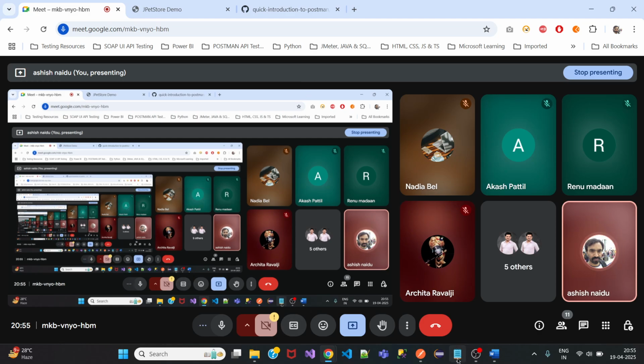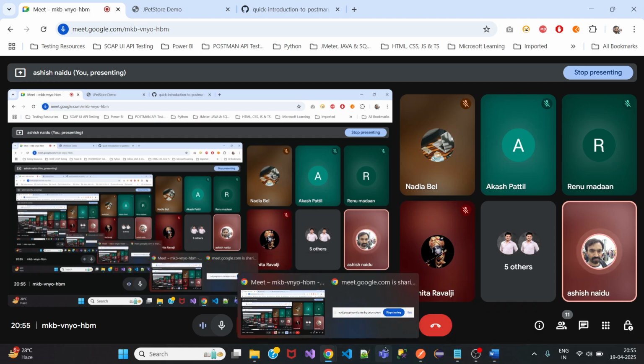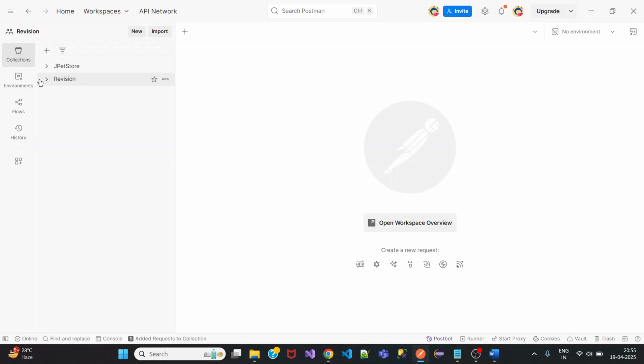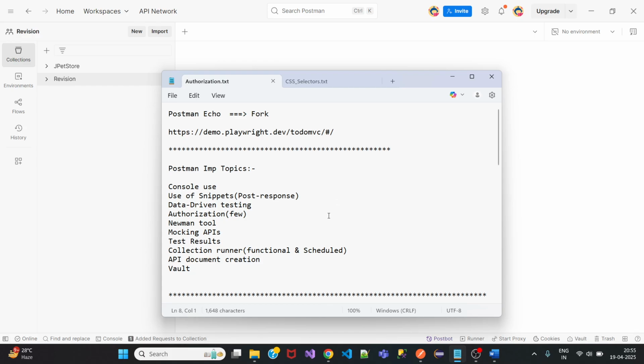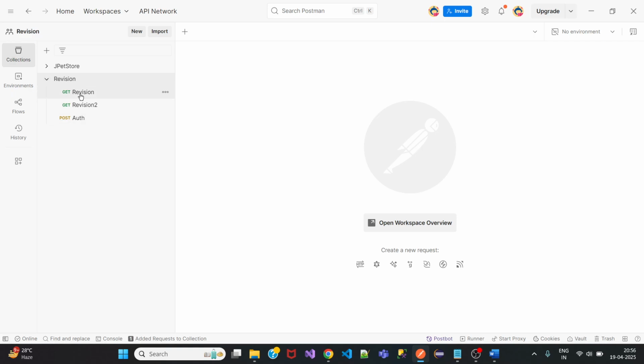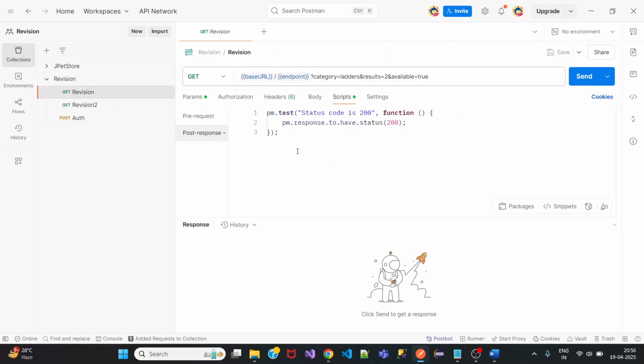Okay, now coming to console. Why exactly is console required? Console is especially used for debugging. Let's say, mocking test results. We have seen test results, right? How we create test results: with normal scripts, we can go ahead and add the scripts. Then we can add another script in here,